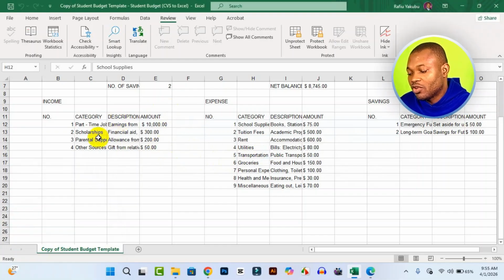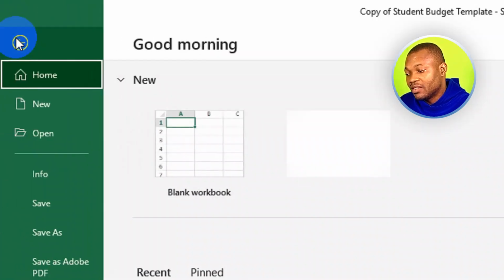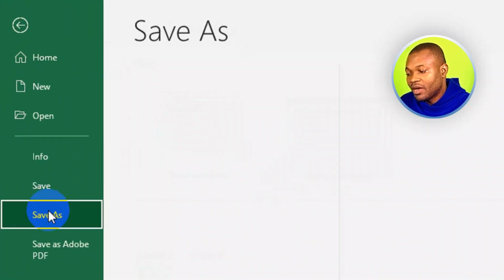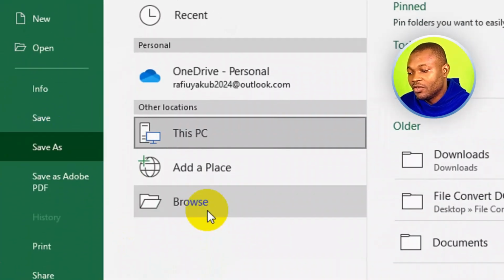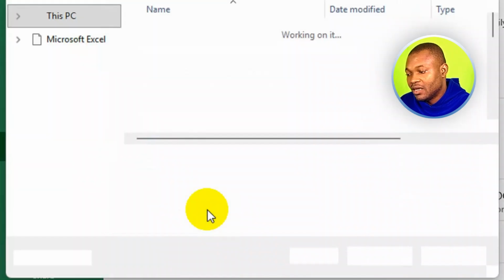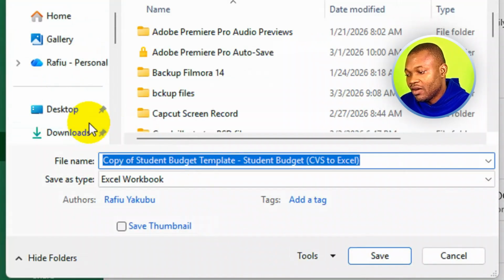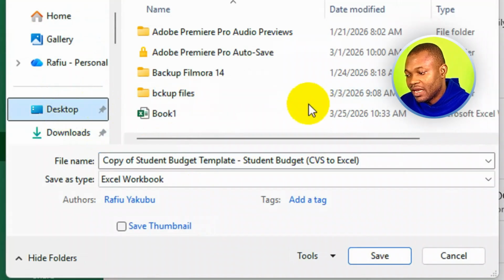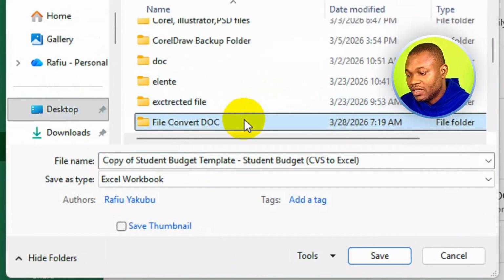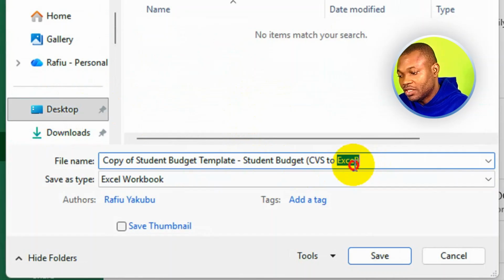Lastly, go ahead and make sure you come to the top right here and click on File. Then click on Save As. Then browse your file destination. So I'm going to save this in a folder under my desktop right here. I will go ahead and save it right here, and I will call this sheet protected password